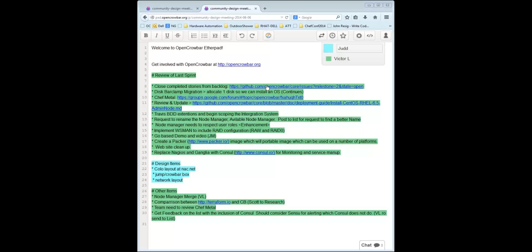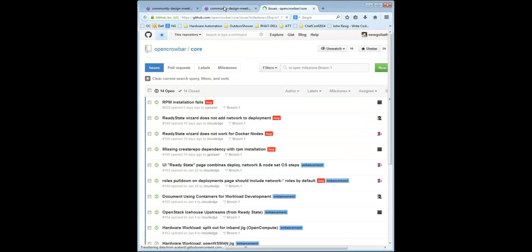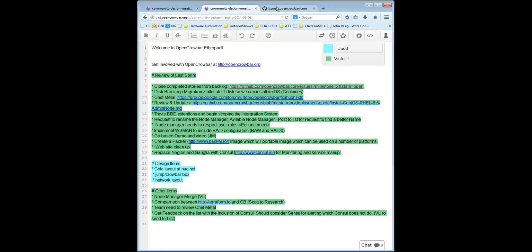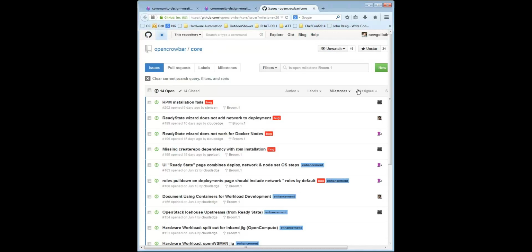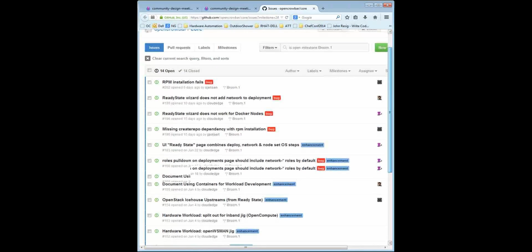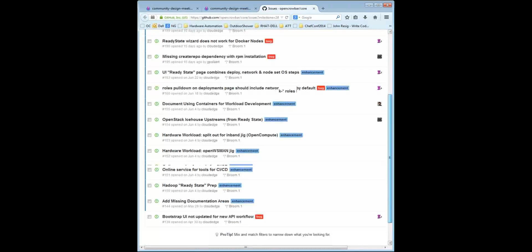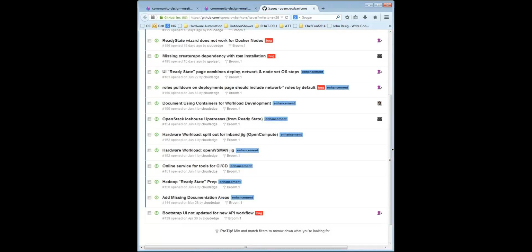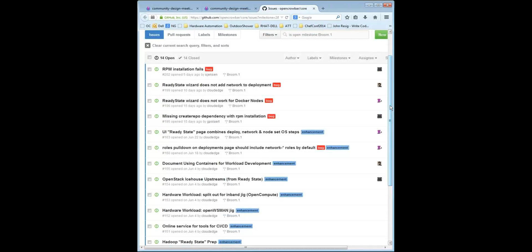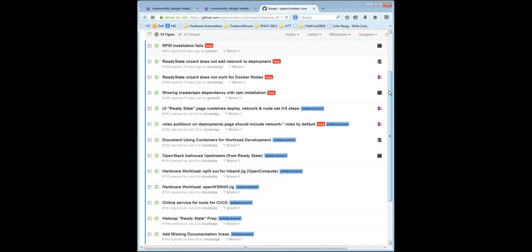First thing on the list is whether or not these completed stories from the backlogs have actually been closed. And I can't really tell because I haven't been doing this work. A lot of these are Rob. There's Scott, but I don't really see any for anybody who's on the call today. Anybody recognize any of these?